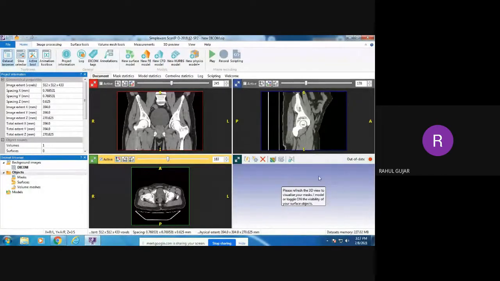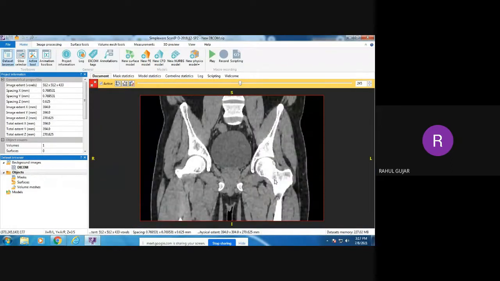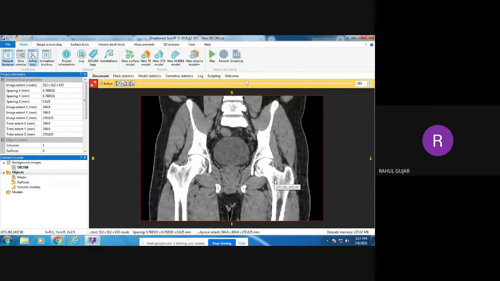The fourth screen will show the 3D model. After you work on the 2D images shown in the three pictures, it will automatically be converted into the 3D model in this remaining screen. Before moving on, I'll magnify this image. You can see there is still some noise around the bone. I am interested in the femur bone only, but there is some noise around it.